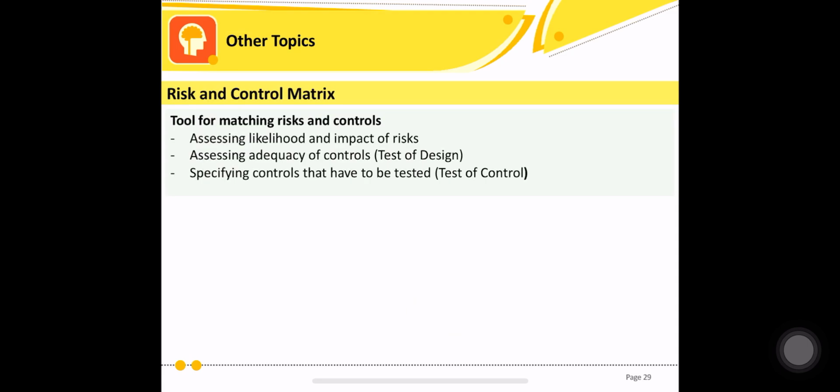If the identified risks are really mitigating, if the identified key controls are really mitigating risks, then therefore the design is okay. Sige, actually there's another slide here na may illustration, so it's gonna be easy for me to explain. Anyway, and then lastly, the tool, the RCM, is used for specifying controls that have to be tested, test of